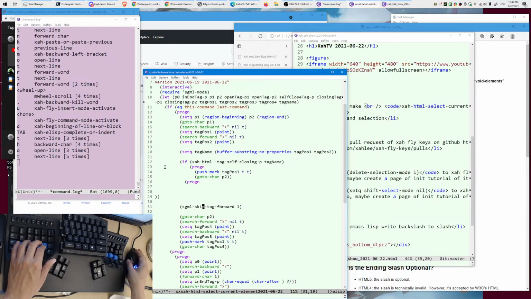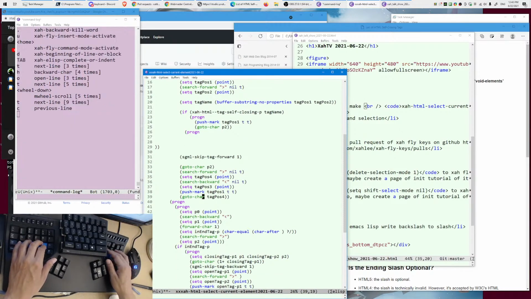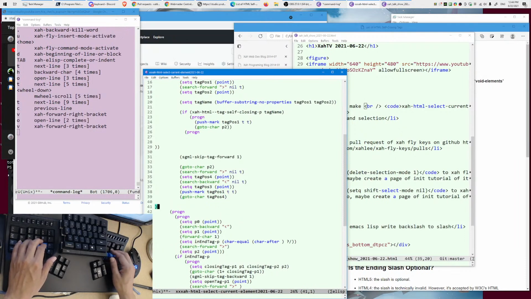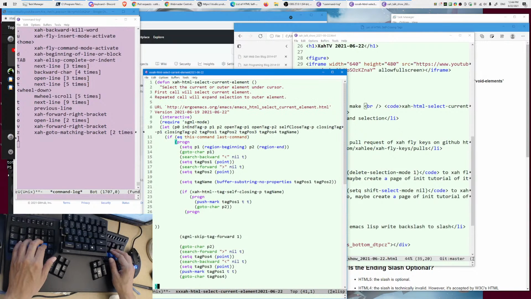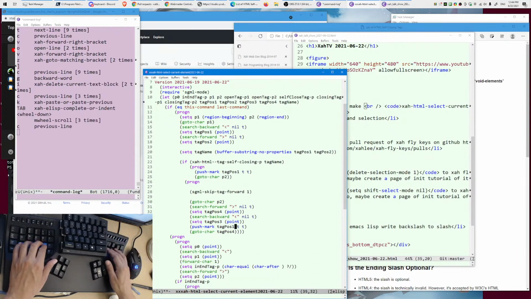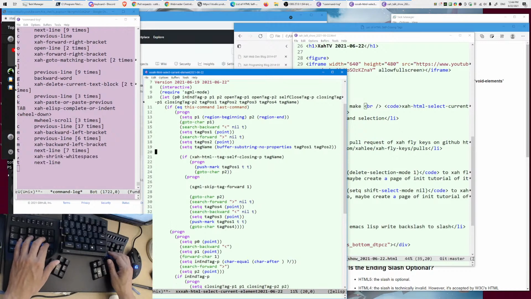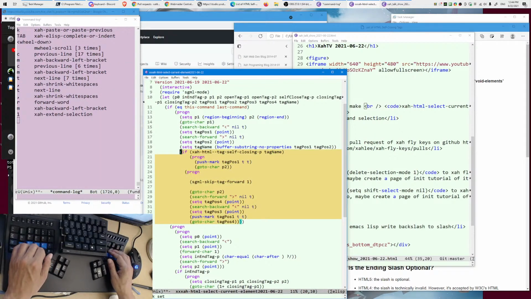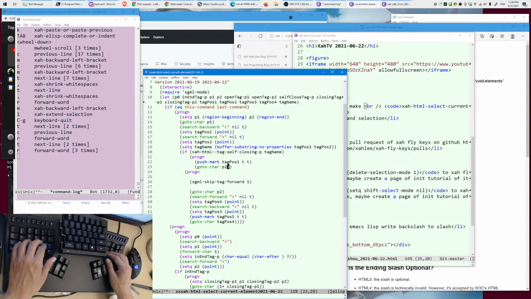So is it self-closing or not? If it is, just push it and move to region N, okay? If it's not self-closing, then go to char,